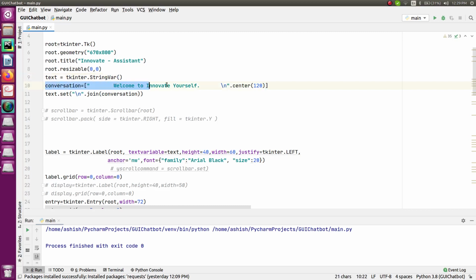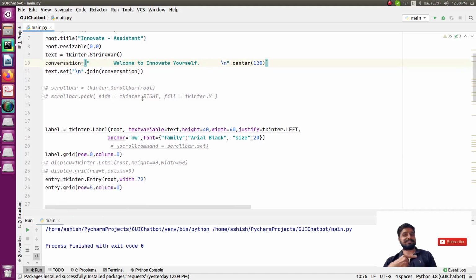And this is conversation equal to this, and currently I have this welcome message over here because I want to display messages in a different way, and that different way is to add them inside a list. Every time a user enters an input, that will be one input, and based on that your bot is going to give you a reply. So you will have multiple values, and all the values I'm storing in a list as separate elements. This is how I'm going to store my data, and based on that my further conversation will take place.